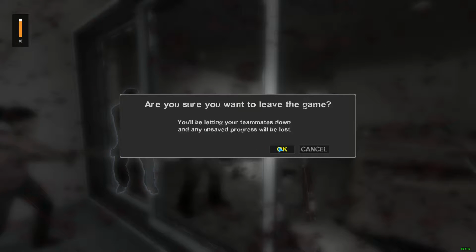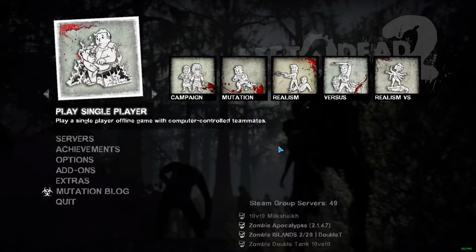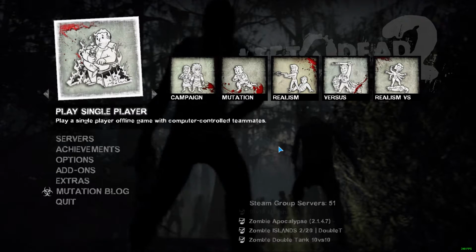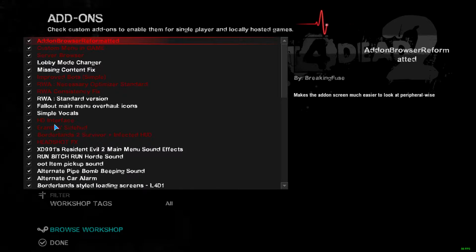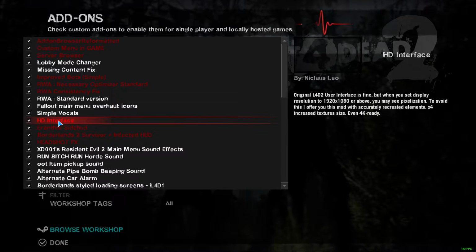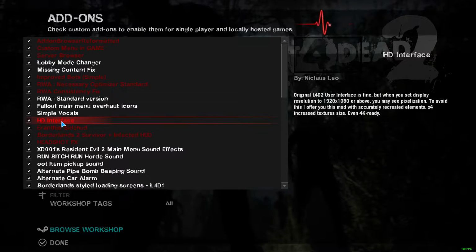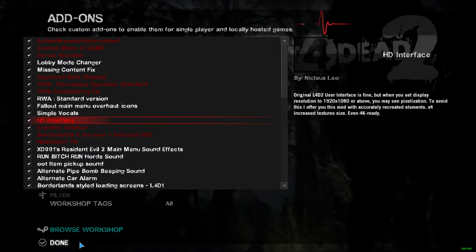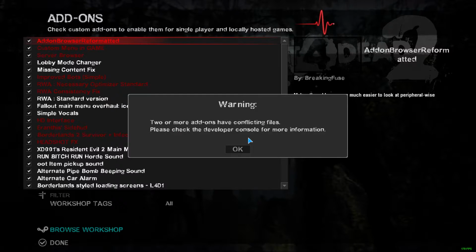Okay, so both the sound from the Resident Evil menus is working, the HD menus is working, and the Borderlands and Aranthus' side HUD are all working properly. Okay, so we know that these are working, but I'm not 100% sure if this is actually doing what it's supposed to. I'm not going to change it and load the game again, because that's just going to take too much time. What I'm going to do is just real quickly throw a couple of the